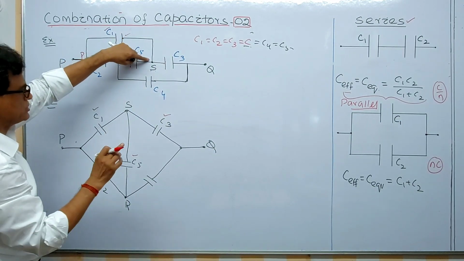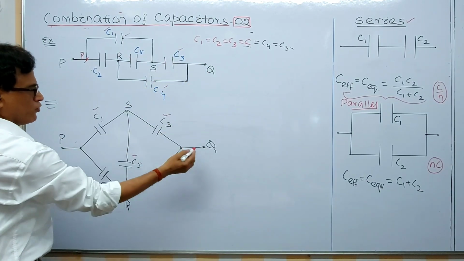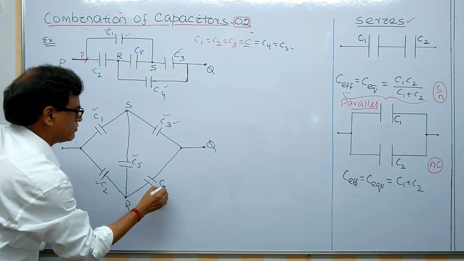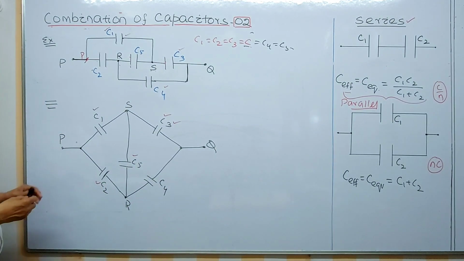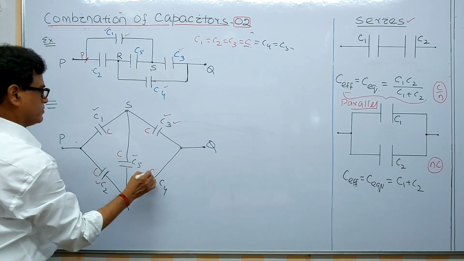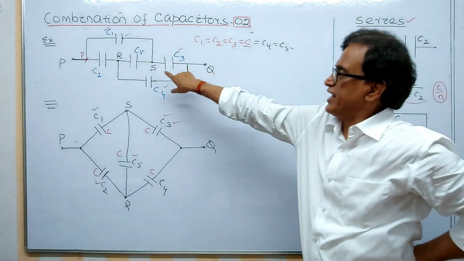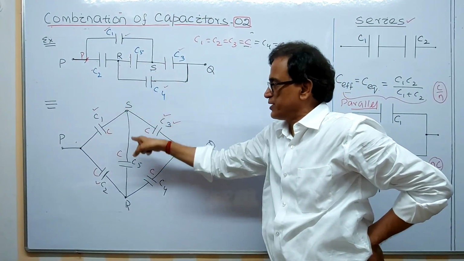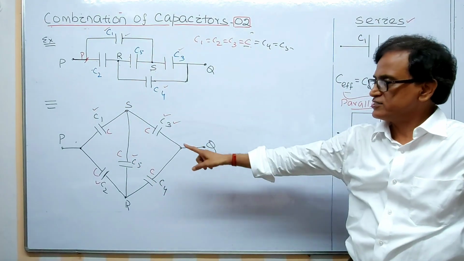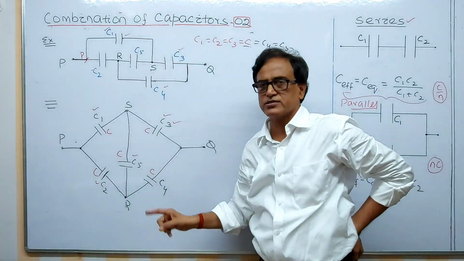Now come to the point S. S is over. Now come to the point Q. From point Q, you are having C3 and you are having C4. And here C1 equal to C, so all are C. What type of arrangement is this? Now if you give the names only PQRS and connect by observing this one, this arrangement is nothing but the arrangement like this. This by this is equal to this by this. This is a balanced Wheatstone bridge.